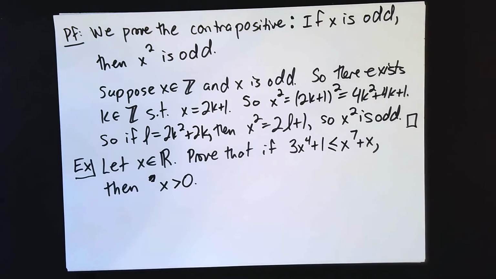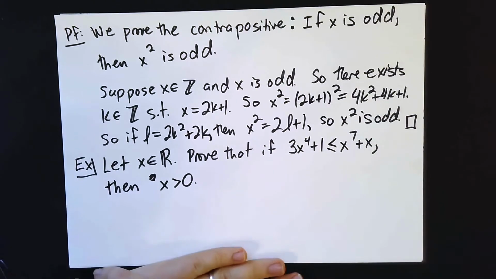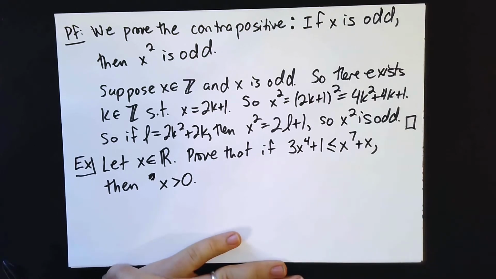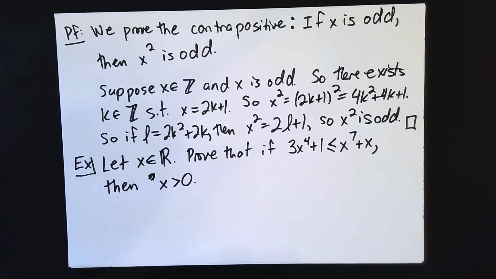Let's prove that if 3x to the 4th plus 1 is less than or equal to x to the 7th plus x, then x is greater than 0. Here, x is a real number. Again, you should be looking here at what would tip you off that you should look at the contrapositive of this. And the thing that should alert you to the fact that you probably want to prove the contrapositive is